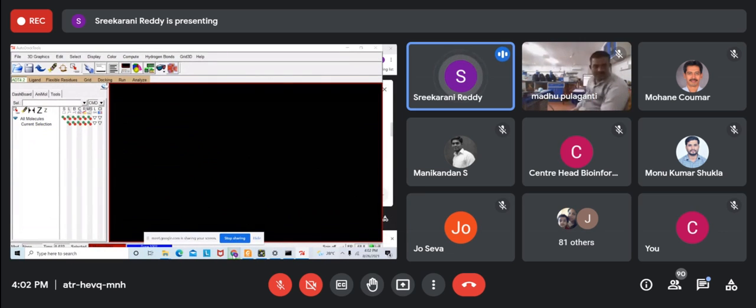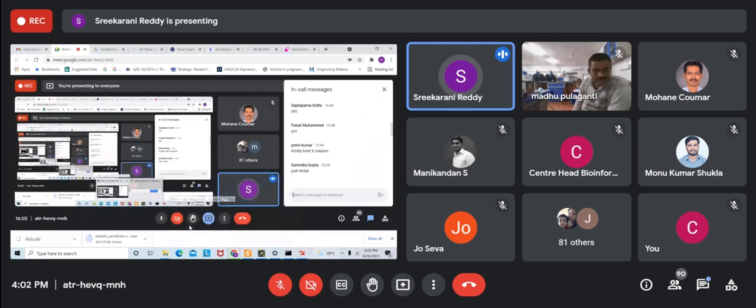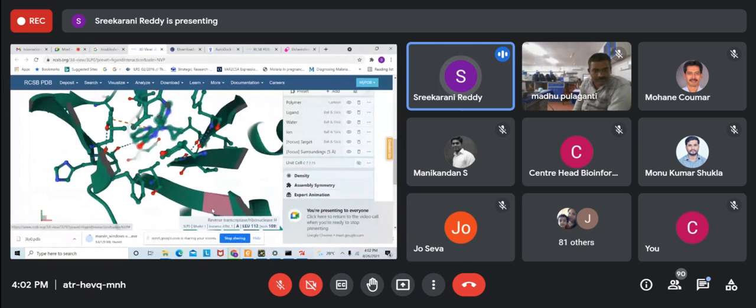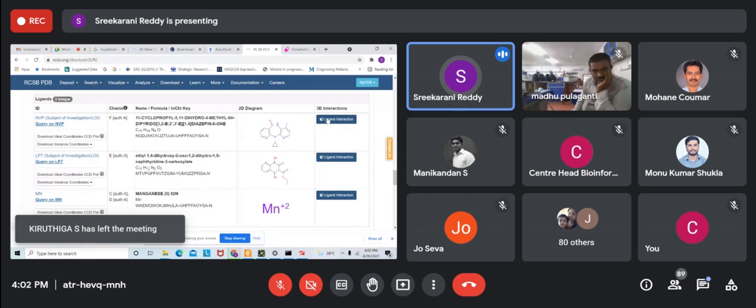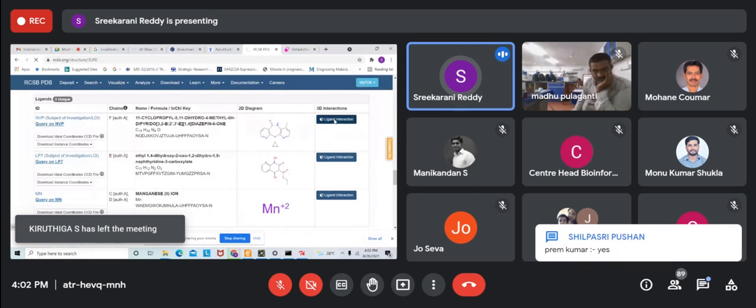Yesterday we saw that there are some residues. If you see 3LPO, this particular one, and I click on this, it has some inhibitors. This is a 2D diagram, where you will get the 3D ligand interactions.